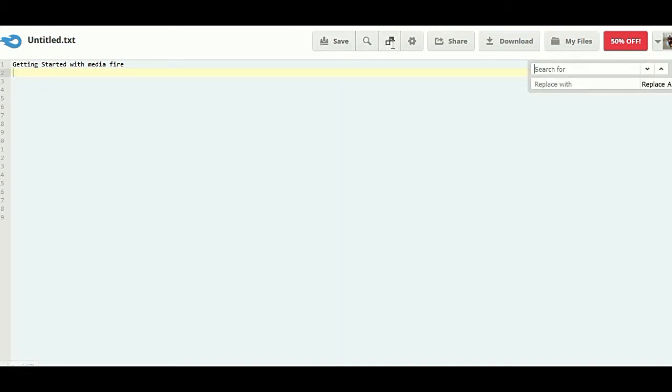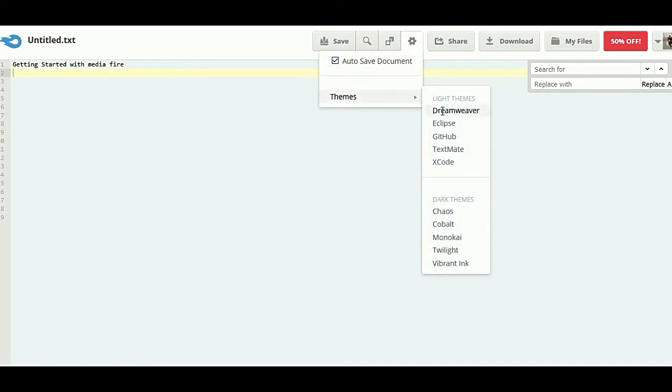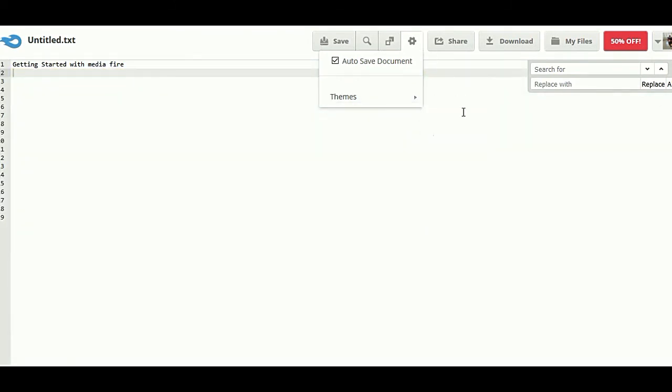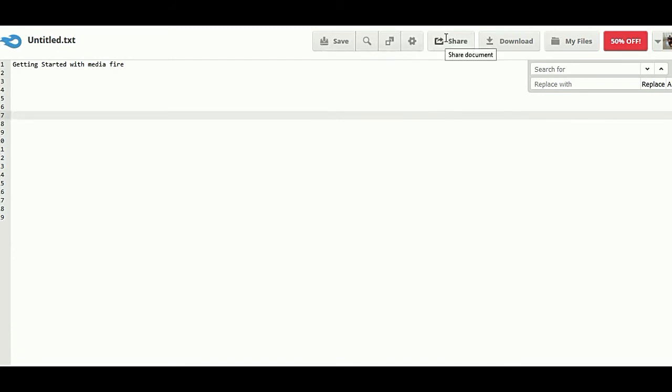Then you define the different options. It is for the searching purpose, and you define the settings, such as auto save document and themes. So you can use it like Dreamweaver or Eclipse. You can change our interface like GitHub, TextMate, or Xcode. So you can directly share with this, and that is about the editor in the media file.